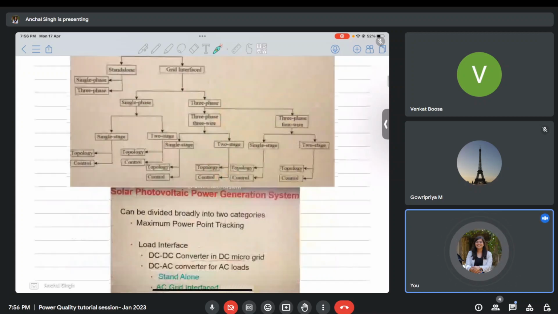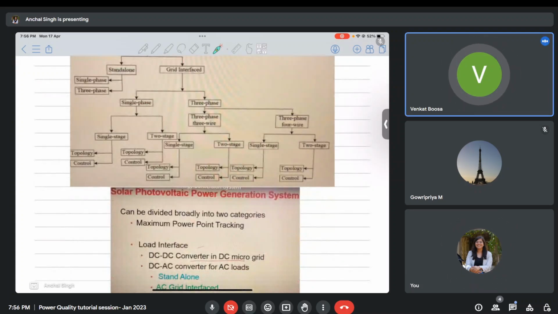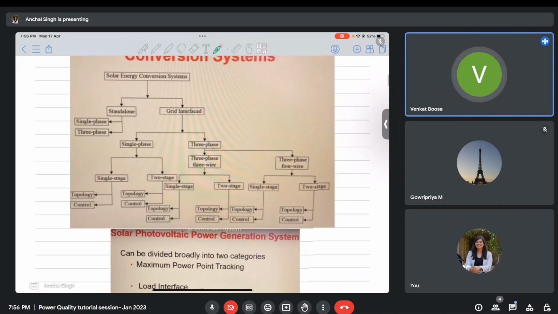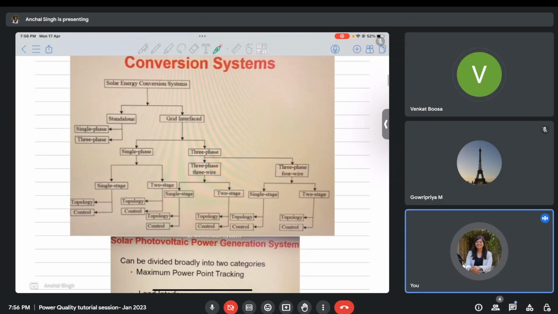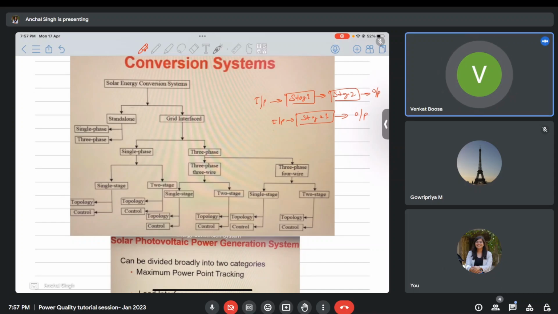Is it better to connect a two stage converter, madam, or a single stage converter, madam? No, sir, single stage is always better. Because if you have this input, let me call this stage 1 and this stage 2, and this is my output, and another is input, this is stage 1 and this is output. Now you tell which one will be better. From the cost point of view, the second one is better, madam.